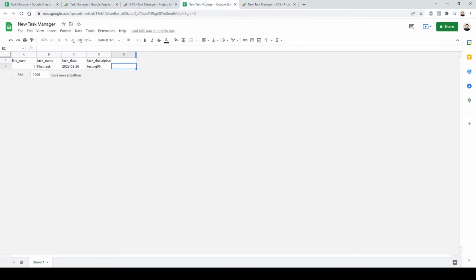And then once it's connected to this, we can reference sheet 1, sheet 2, sheet 3, sheet 4, and so on and so forth. So just to give you an idea,